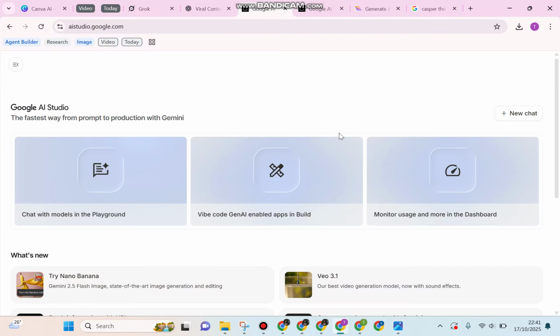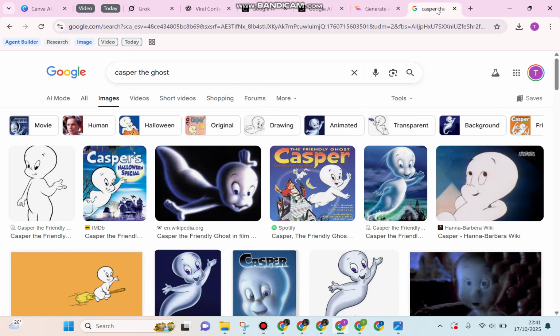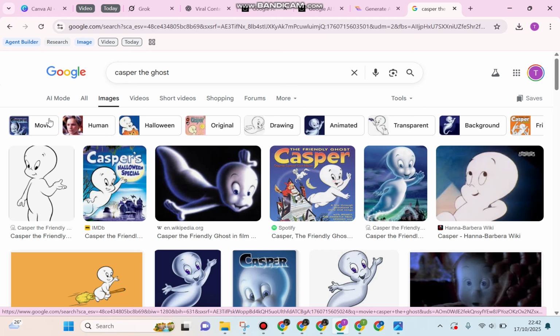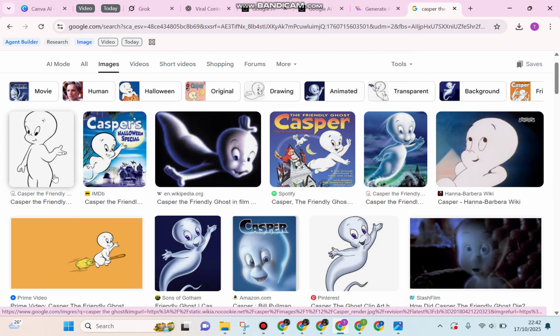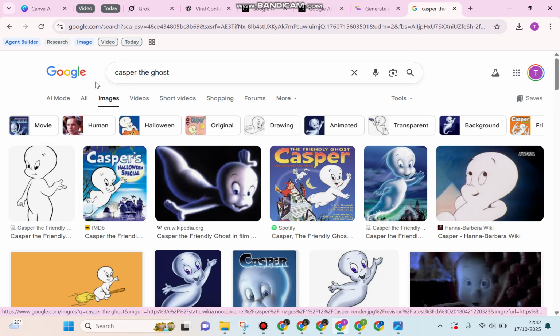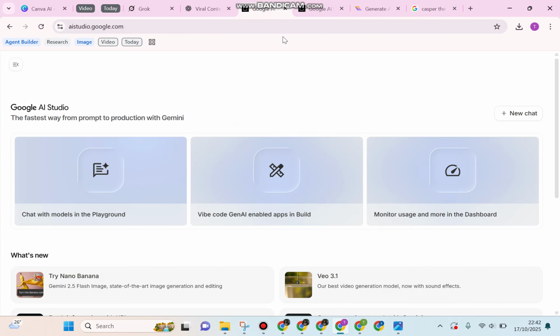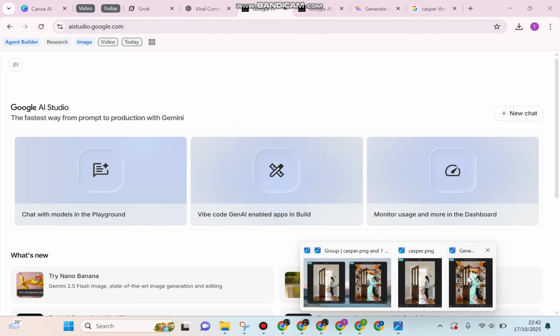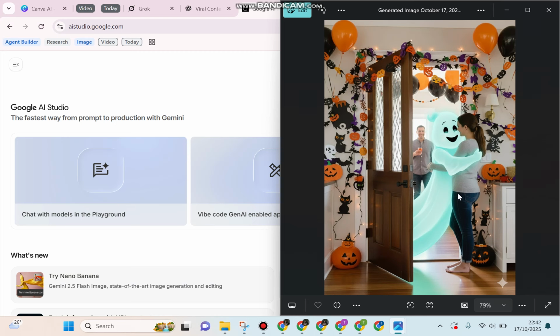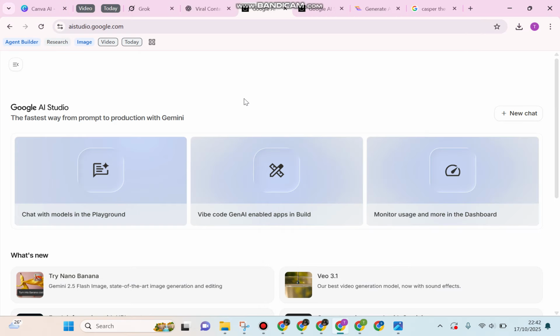Well guys, we remember that this Casper cartoon has accompanied our childhood because this ghost is really cute, and also friendly and has a kind heart. So let's say we would like to create this picture as if we are inviting him to come into our party. So guys, to do this photo editing or AI photo, here we will use the Nano